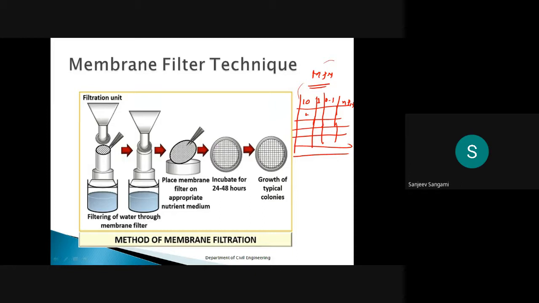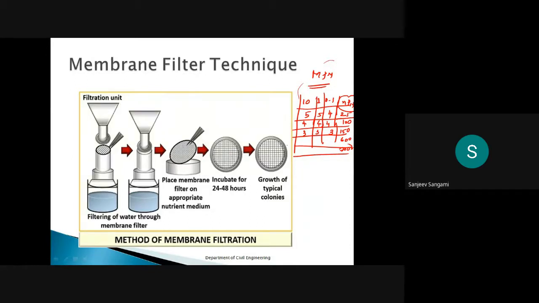For example, this is 5, 5, 4. Like that, assume that this is the first case. In one more set, if you prepared and got 4, 4, 4. Then if you got 3, 3, 3, just assuming that. So then for all these permutations and combinations, they will give the MPN, like 25, 100. This is a standard table, it will not change. Okay, 150, 600 or 700. So like this, the table is there.